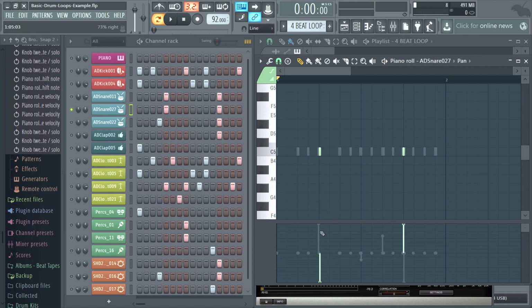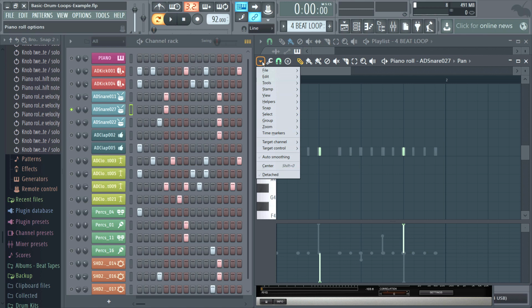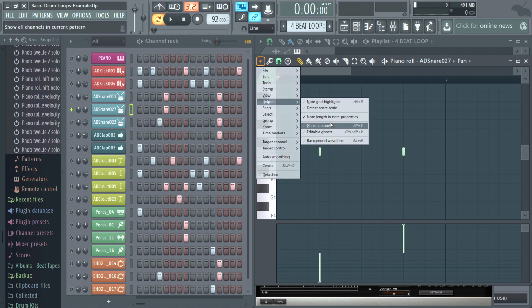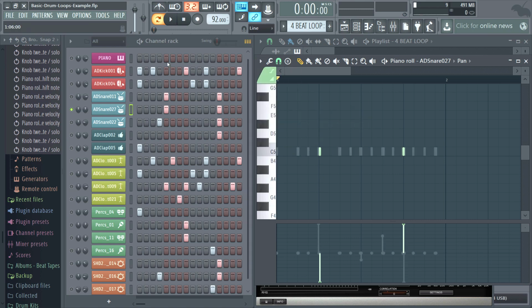Now, as you can see on my ghost notes, and if you don't have ghost notes, they're very handy. You're going to go to this arrow, go to helpers, and then I think it's ghost channels. Yeah, so helpers, ghost channels. What that does is all the other notes inside the same pattern, you are going to see where they hit, and that allows you to be a little bit more creative. What I did here was, see this snare hit is hitting on the left